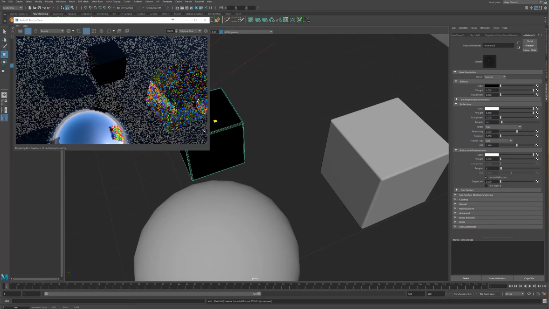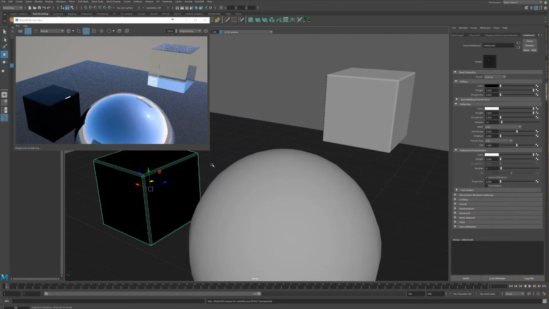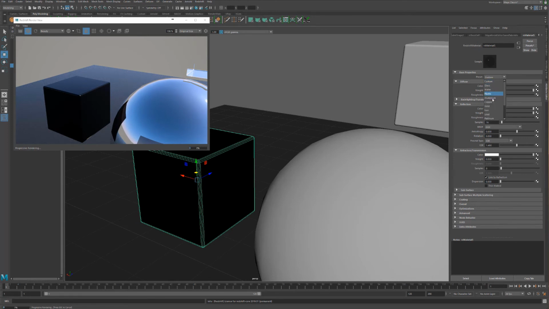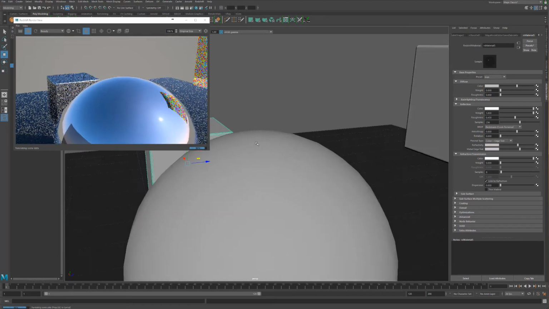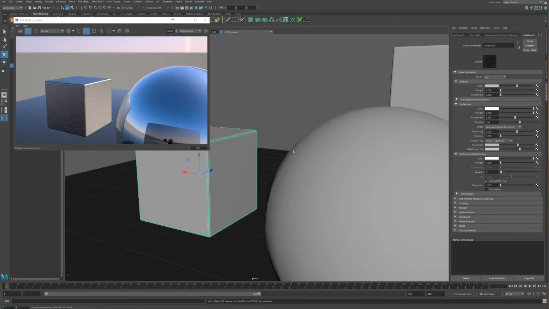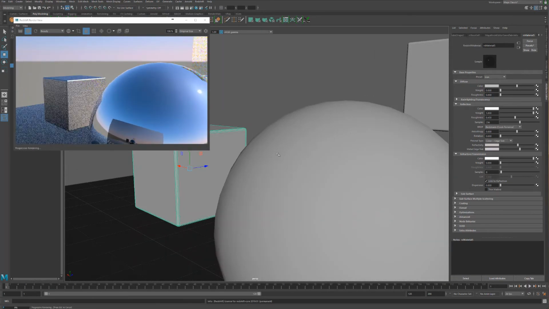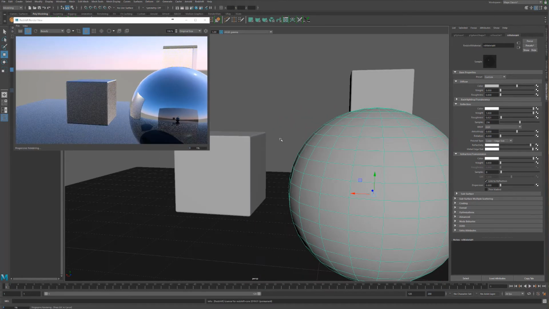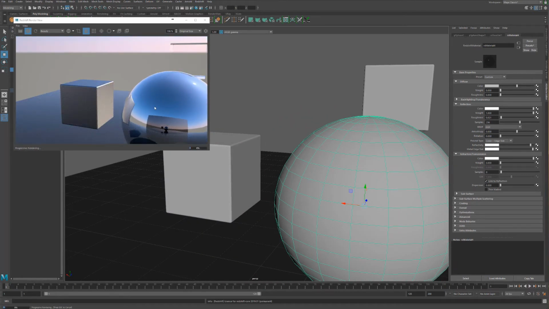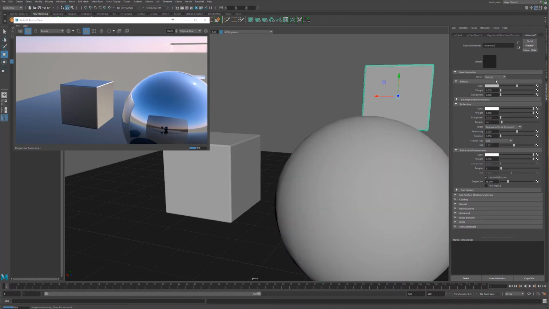And move our cube over. Well, let's just make this iron or something. You'll notice that the cube is not reflecting the sphere. And so now the cube is showing up in the sphere, but the cube right here isn't reflecting the sphere at all. And so if I were to turn this glass cube back into something like a plastic,